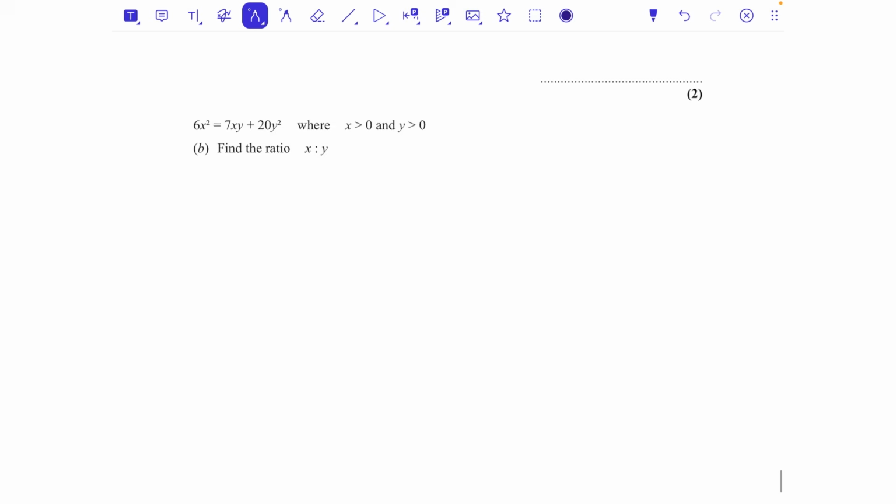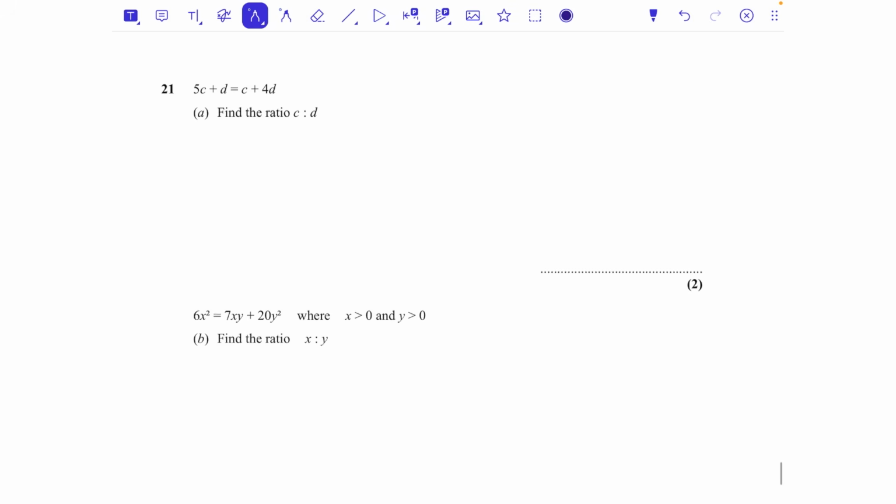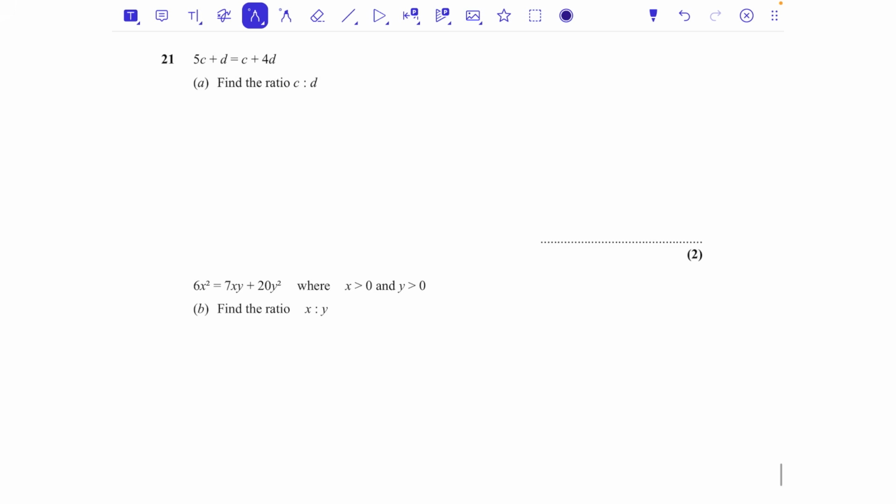And then this last question, again, really, really challenging. These last, how many marks we got here? Last 5 marks, really difficult. Again, very much grade 9. Question number 21, I've got 5c add d equals c add 4d. Now let's write that out again because it might be a bit clearer. So we're going to try and get all of our c's on one side and all the d's on the other side so we can try and find the ratio. So taking c away from both sides and taking d away from both sides, I've got 4c is equal to